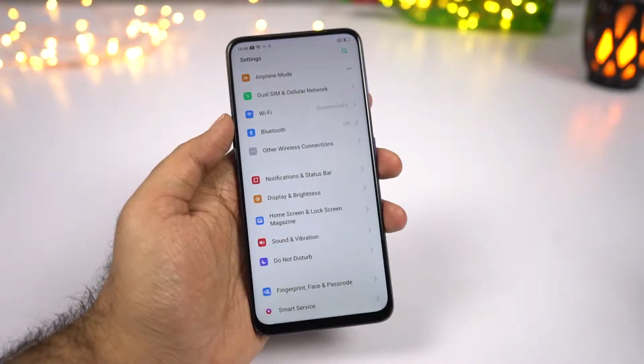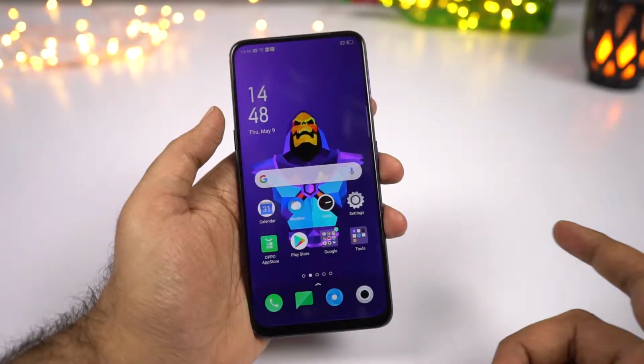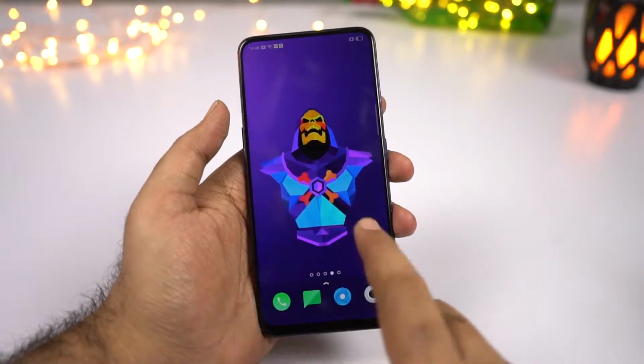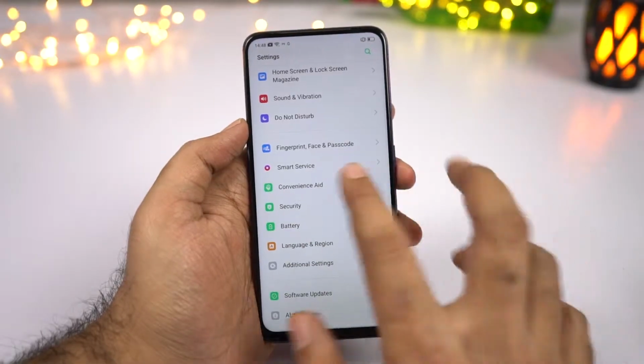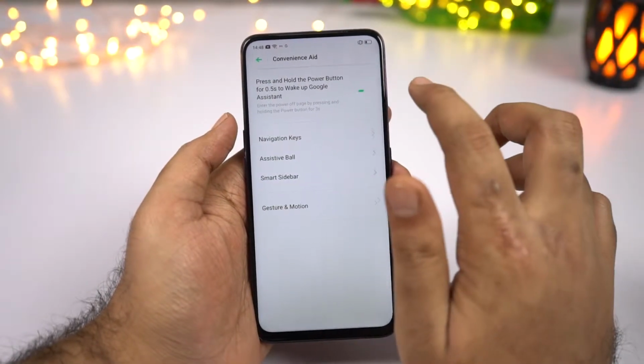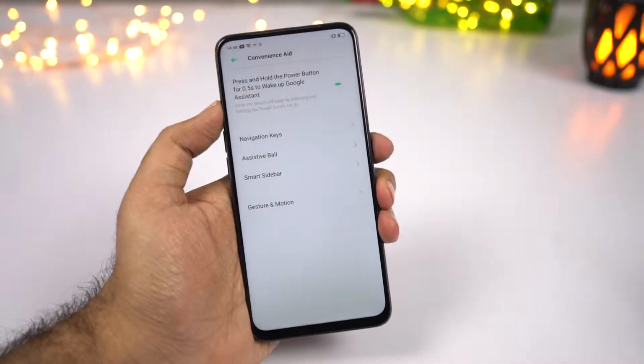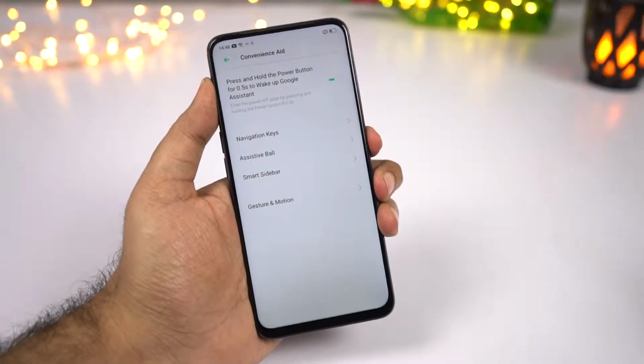Now if you're using these gestures, you might wonder how to trigger Google Assistant or how to do a quick Google search. So to fix that, we have a nice little shortcut. To enable that, once again go to convenient aid and enable this toggle over here. Now once you do that, you can press and hold the power button like half a second to trigger Google